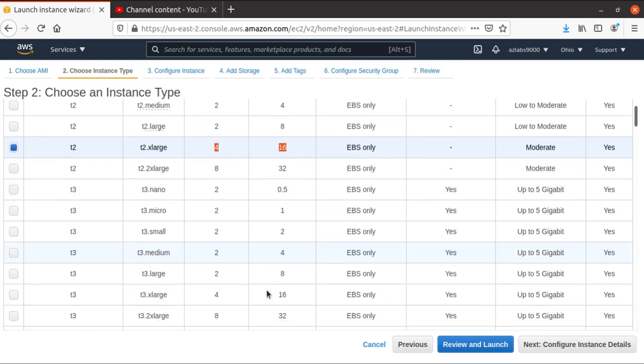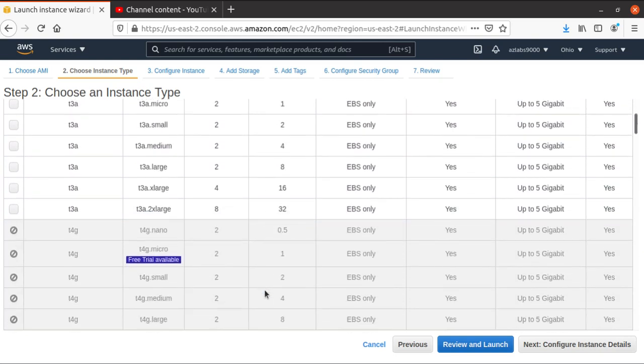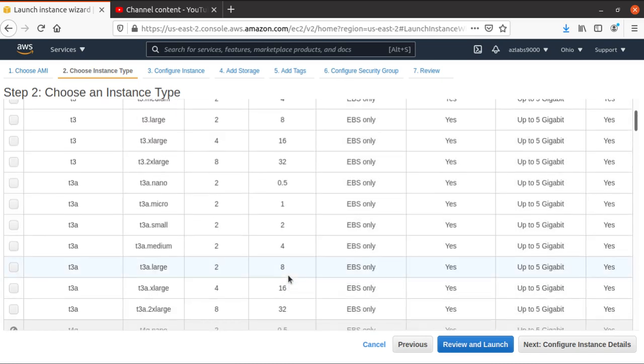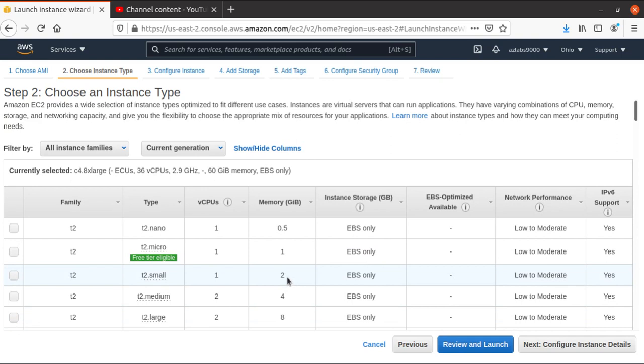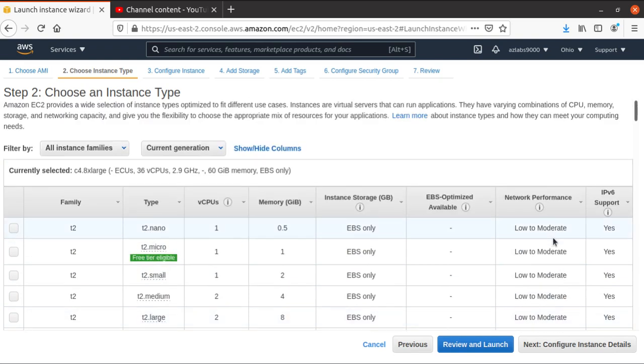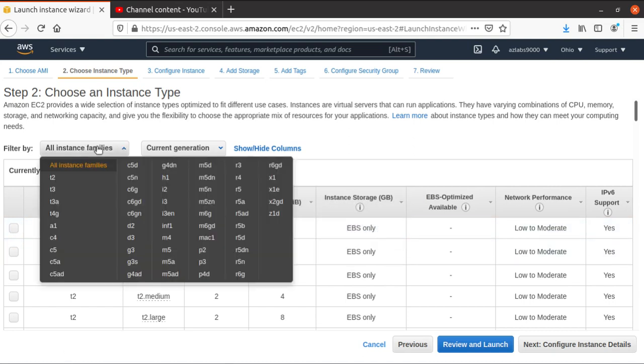Like if you come down here, say you have a C5, so C4 8 extra large, you got 36 CPU and 60 gigs of memory. So that's going up and up and up, right? And here it will tell you what kind of performance you're going to expect out of this particular type that you're going to select. Now, for filtering, you can also click over here and see